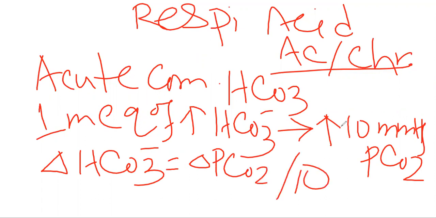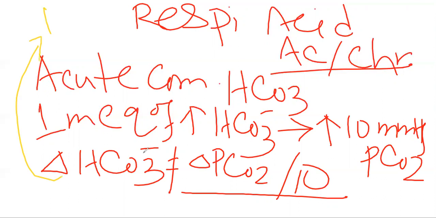And if your given bicarbonate value in the equation matches this formula, that means it is solely due to acute respiratory acidosis along with the compensatory metabolic alkalosis. But if it does not match this equation, that means your answer should be acute respiratory acidosis plus metabolic acidosis. It is due to a secondary disorder.